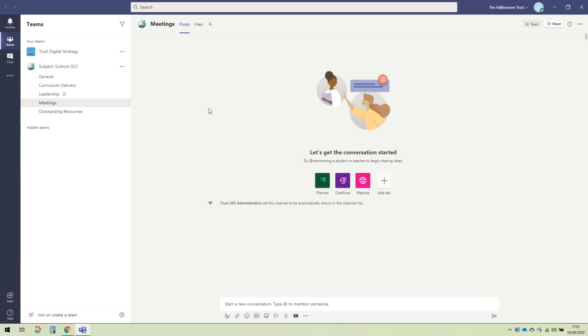Within the science department, we don't really share any internal emails anymore. All of our internal communication electronically is done through Teams. Most of our file sharing is done through Teams, and we are gradually shifting more and more towards 100% Teams there. And when it came to the lockdown period during the summer,